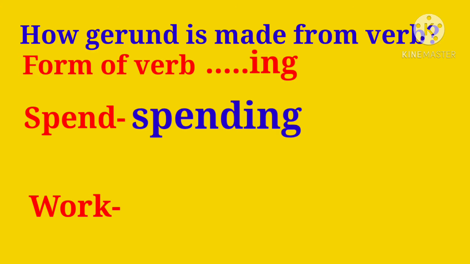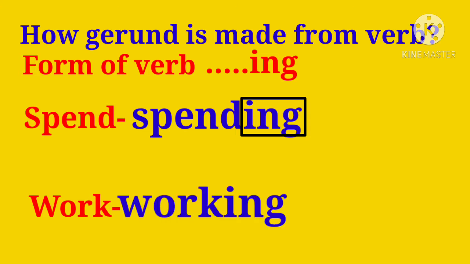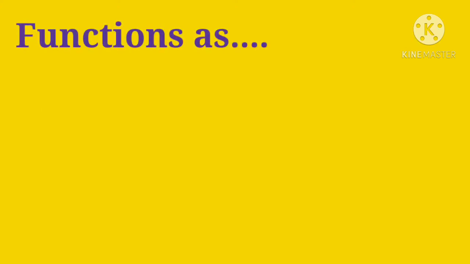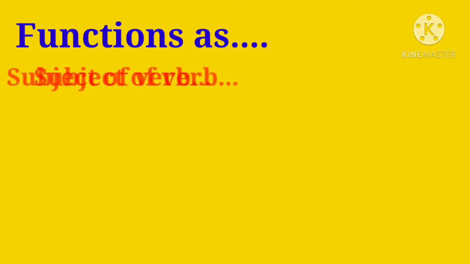How did I do this transformation? I just added ing at the end of base form of the verb spend and I got gerund spending. In the same way, I added ing at the end of the base form of the verb work and I got the gerund working. Students, I would like to mention here a very important point, how gerund functions as subject